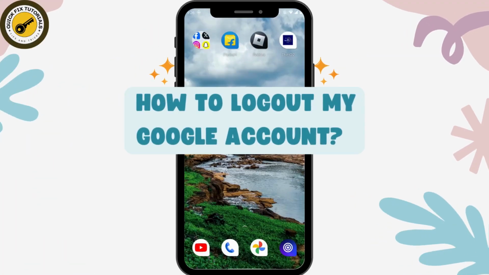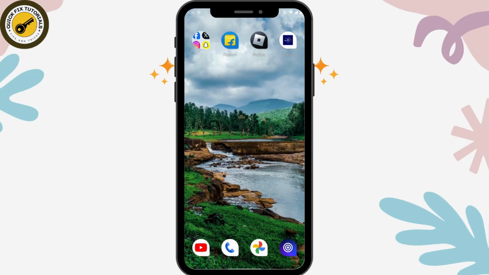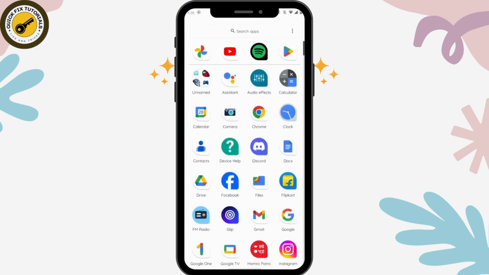How to log out my Google account. So if you want to log out your Google account on your device, then first of all you can simply open up your device settings,